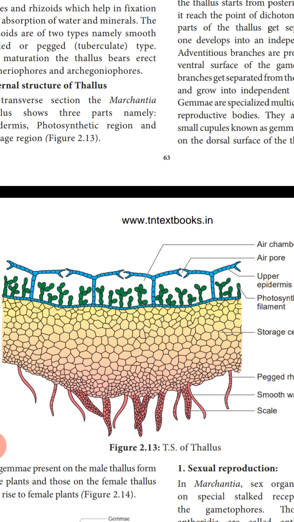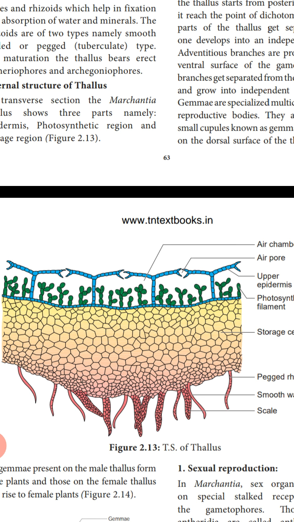Now between these rows of photosynthetic cells, the reproductive structures, the antheridium or the archegonium, are arranged. Here it is not shown in this diagram, but you can understand that the reproductive structures, the antheridium and the archegonium, are formed between these filamentous structures. Now as we have studied, only in these photosynthetic filaments the process of photosynthesis takes place.